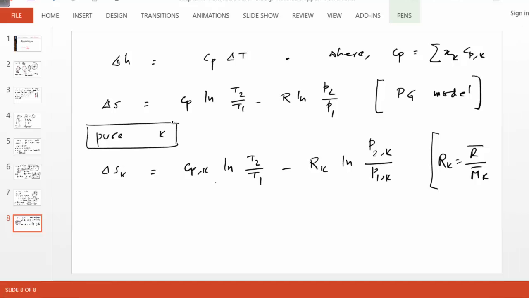So for a mixture, then delta S is a summation of the mass fraction weighted entropy, and you can just manipulate these to show it will turn into Cp of the mixture ln T2 over T1 minus R ln P2 over P1,